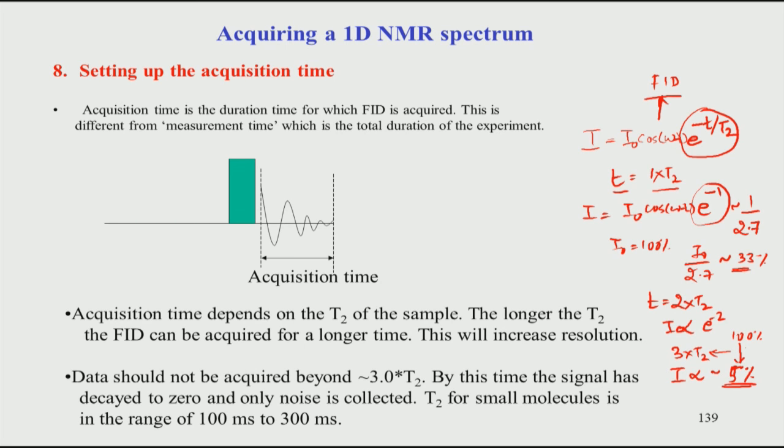And therefore, this is one of the practical reasons why many times people argue that they are not getting any signal in their sample. The reason is they used a very wrong acquisition time, probably 10 times T2, without realizing, because T2 is something you should have a rough idea of. If you overestimate T2, you end up using a very long time, and the signal has gone to 0, but the noise has accumulated. So, signal to noise goes down if you use a very long acquisition time. So, acquisition time has to be optimized based on the T2 value, again based on experience.